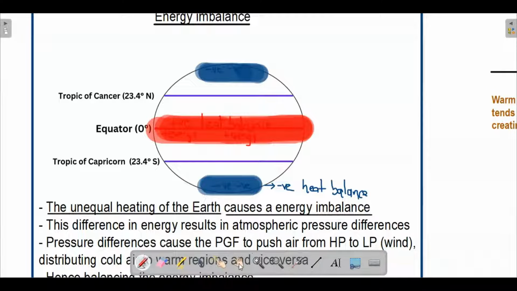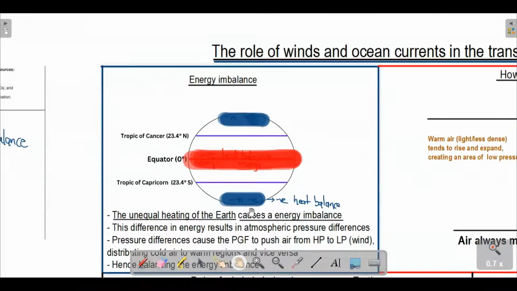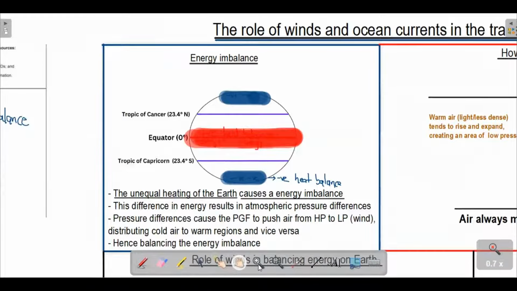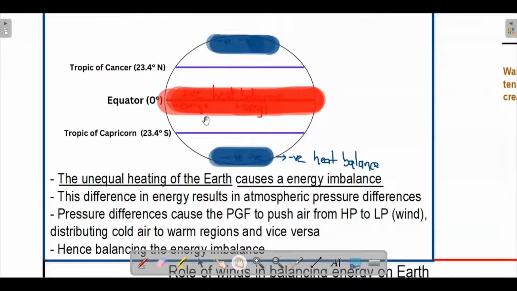Now this is an energy imbalance, because you have more energy at the equator and less energy at the poles. That's what we mean by energy imbalance. Again, guys, if you really want an in-depth explanation, please check out the previous video. Now, this becomes a problem, guys, because there's no balance, so this energy has to be distributed everywhere so that there is a balance in terms of the energy,